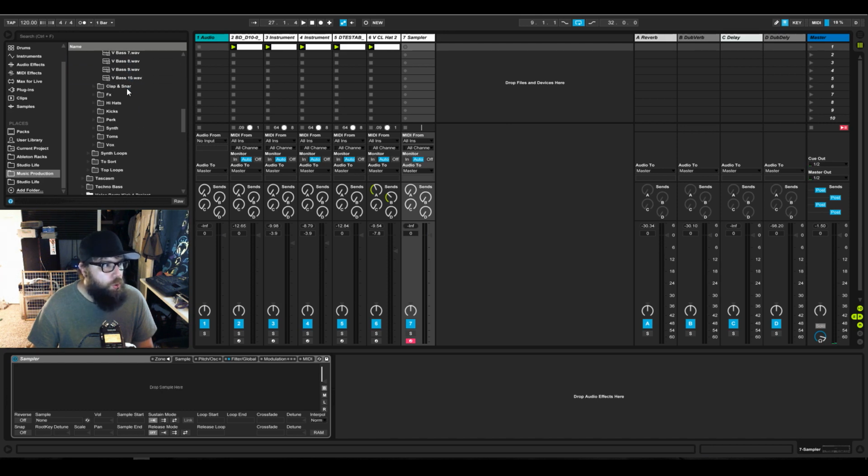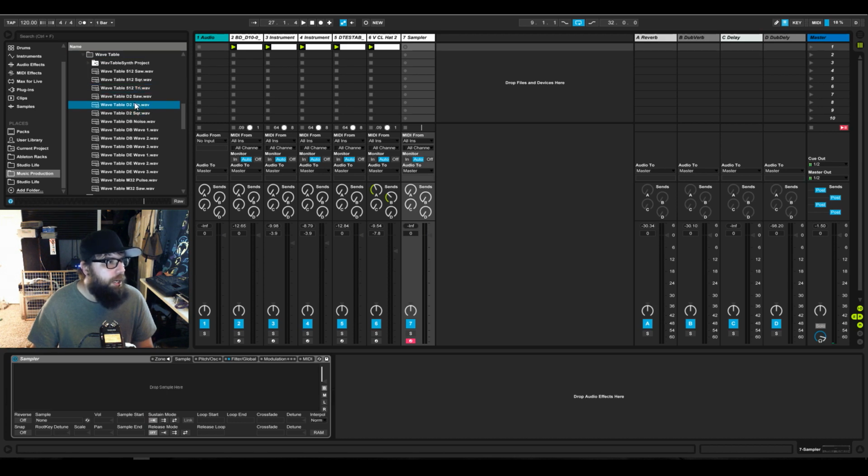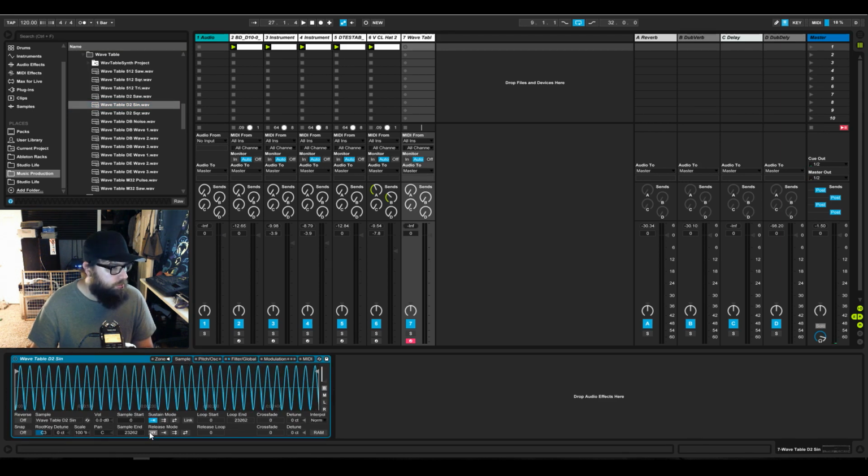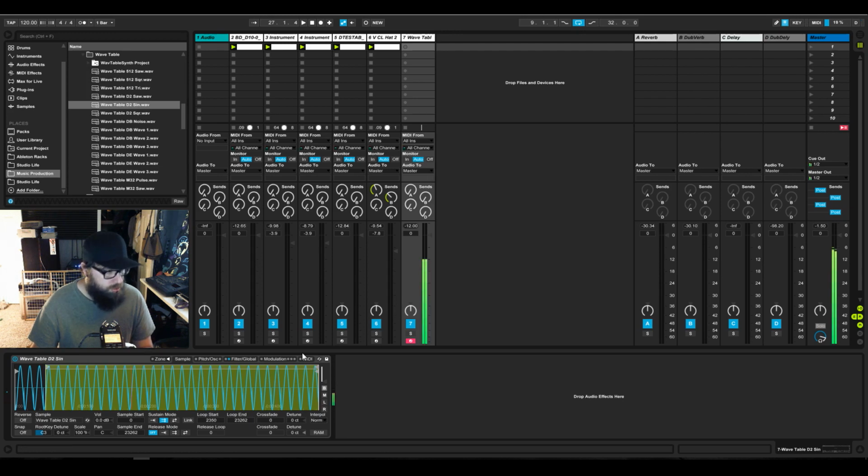Not liking those, so let me go down to Wavetable. Got a sine wave in here somewhere. Triangle. It's got a little buzz on it, but if I filter it off, again, sample, we're going to loop it, and we're just gonna right there is what I want.